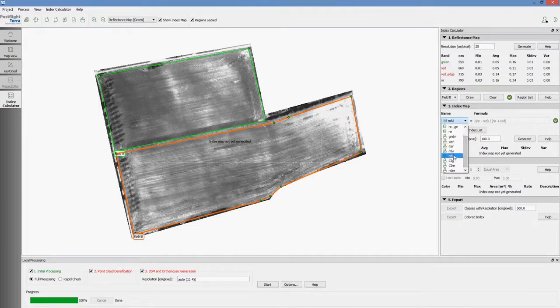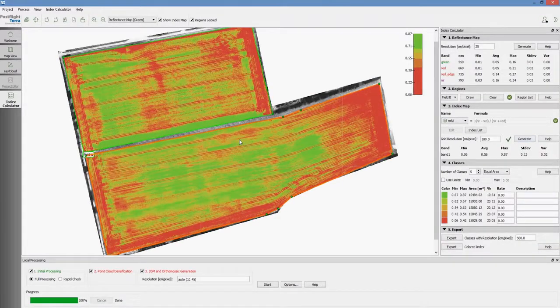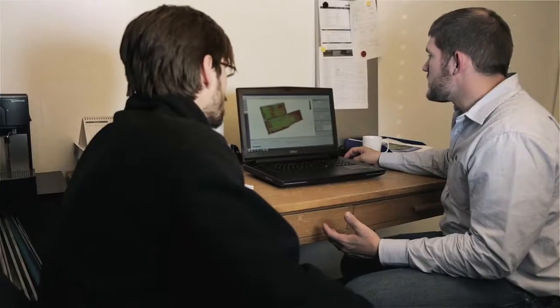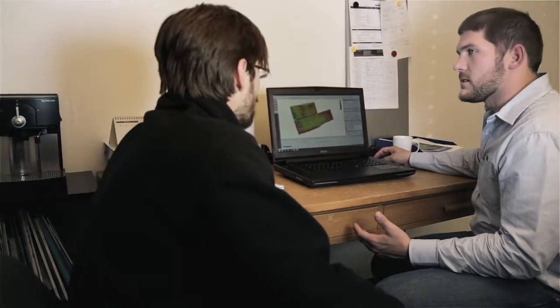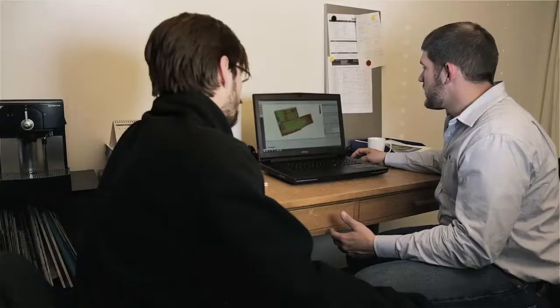For simplicity, we're just going to choose the NDVI and click generate. And like that, we have a nice map for each region. What you can see right now is we've got this broken down into 5 classes from red to green. Each one's broken out in equal area parts. On the 0 areas, we probably put about 0 fertilizer, since those areas were probably drowned out. But on these areas, perhaps 50, 40, 30, and 20 on the way up to our better ground so that we conserve our fertilizer. So we hit export,